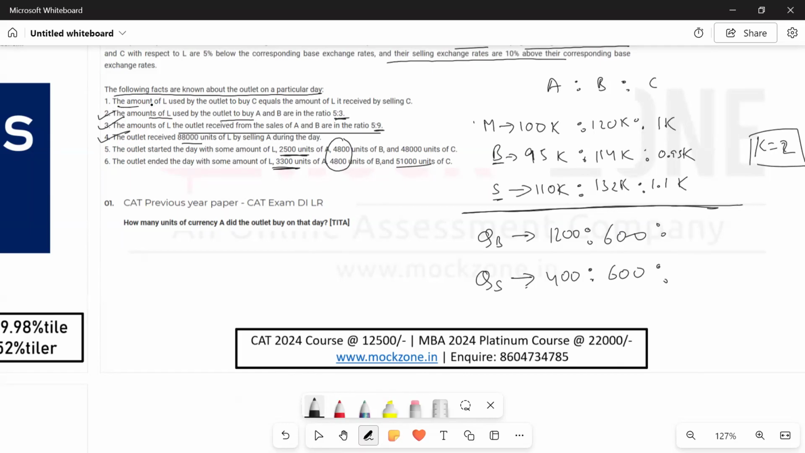अब फर्स्ट स्टेटमेंट क्या कह रही है, the amount of L used by the outlet to buy C equals the amount of L it received by selling C। ठीक है। लेकिन अभी वो कितना है ये हमें पता नहीं है। इन सब का भी हम K की वैल्यूज डाल देंगे ऊपर भी। ये ऊपर 100K कितना हो जाएगा, जो मार्केट वैल्यू है, इसका मतलब ये है कि 200L दे के हमें एक A मिल रहा है, 240L दे के हमें एक B मिल रहा है, एंड 2L दे के हमें एक C मिल रहा है। ये एग्जैक्ट वैल्यू होगी मार्केट वैल्यू। और ये 95 का कितना हो जाएगा, 190। ये 114 का कितना हो जाएगा, 228।